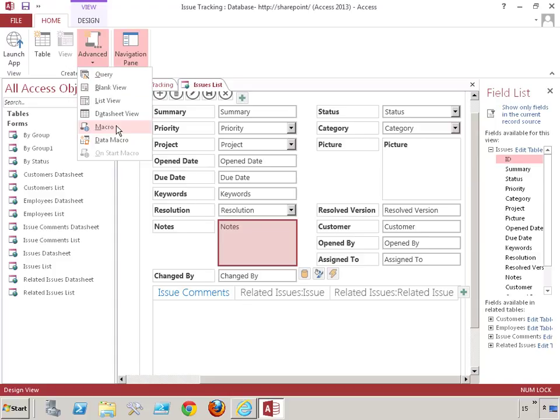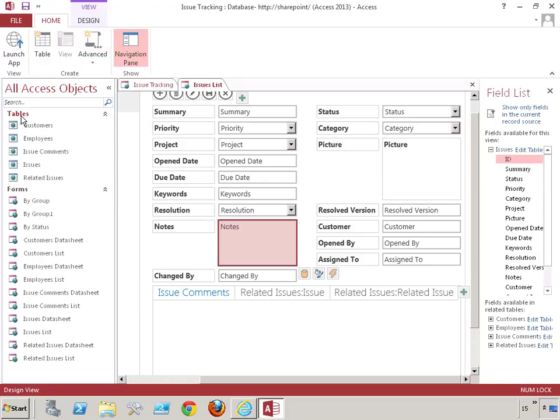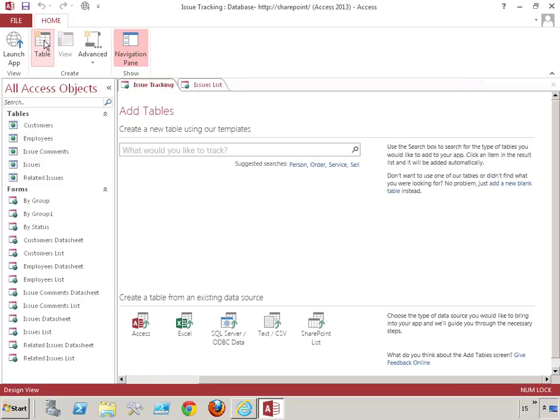There's also a macro capability that we can use to cause simple operations to take place based on the installation of the app, a user's activity, things that happen when data changes. So what I'm going to do here is I've taken a look at the out-of-the-box starter kit for it, and I've decided, whenever I have issues with my customers, I also have an opportunity to build a better relationship with that customer. So I can make a new table, and